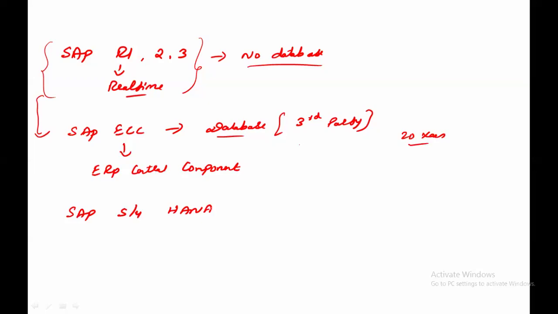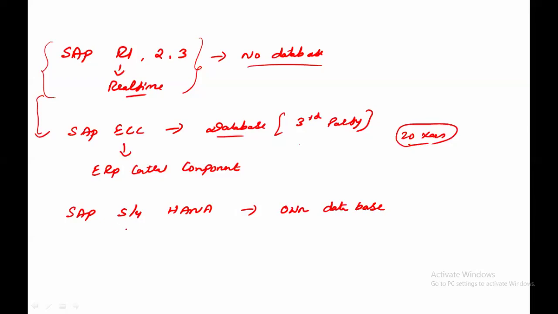In SAP S4 HANA, SAP introduced their own database, because in these 20 years they made a lot of money. They invested that money into creating the database, because maintaining a database is not a small thing. So they invented a database and started using it.